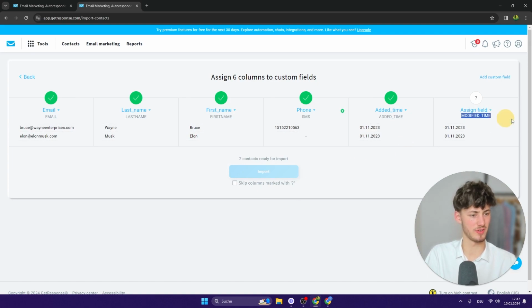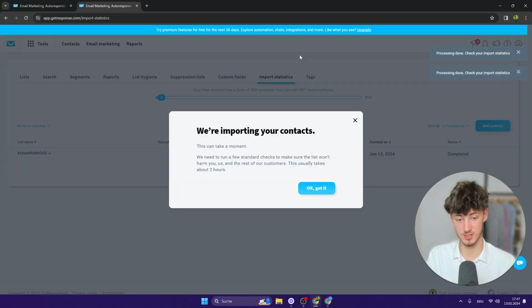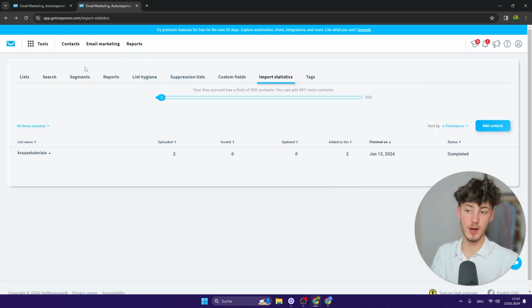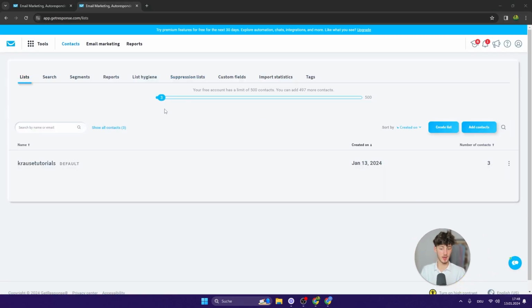Now as for this modify time, I won't actually bother setting this up, so I'm just going to click on skip columns with marked question mark, and then I'm going to import, and now all of these contacts are imported onto GetResponse. So if we're now going to click on lists right here on the left,